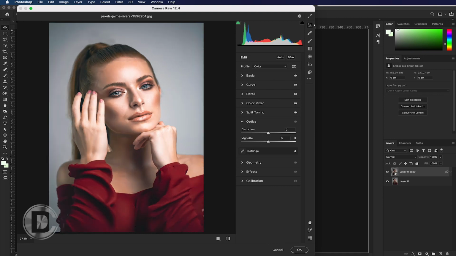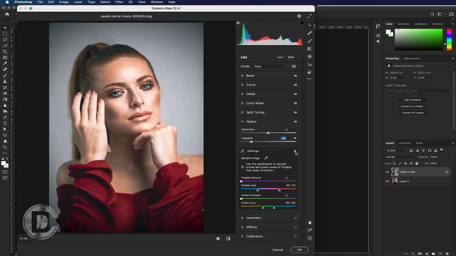So our next option is vignette. You can simply add some black or white color in the corner of your picture. So here I am adding some black because I like black color just to give a depth to my image. You can simply brighten the edges or darken the edges. So next option is defringe. Maybe this option is not available for all the Photoshop versions, so we will cover this effect in some other video.